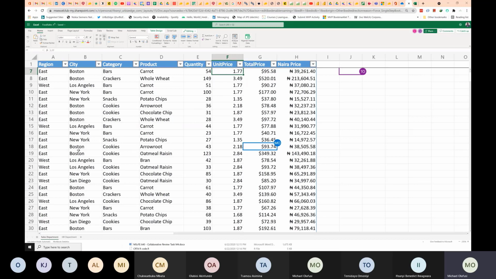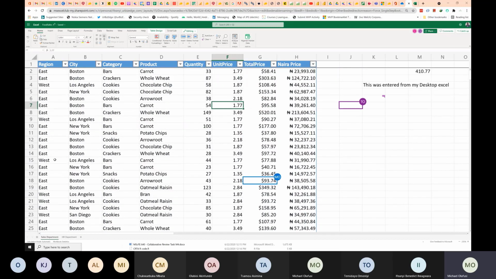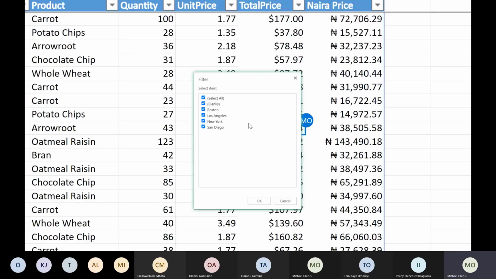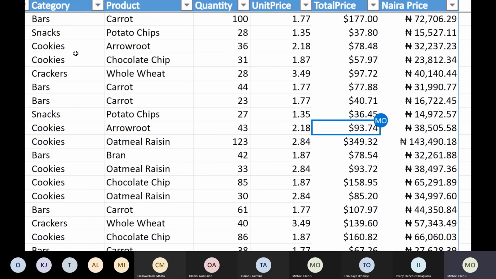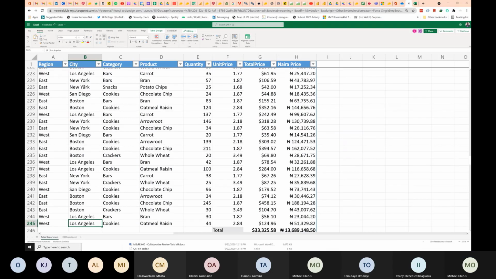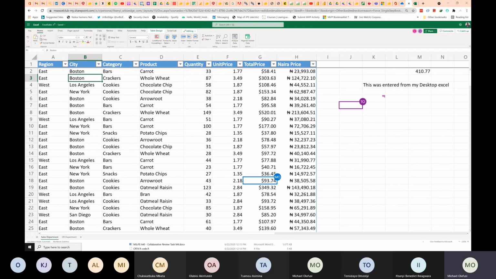So I'm also going to come in here and add, let's see, all the cities that we have here. So I want to see the filter. If you look in here, we do not have Lagos, right? So I'm going to add Lagos, or just modify one of these to Lagos. Lagos. Okay.